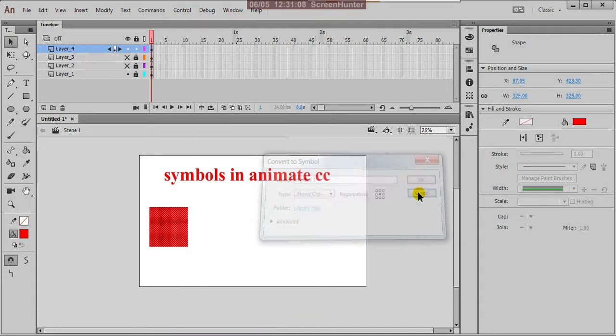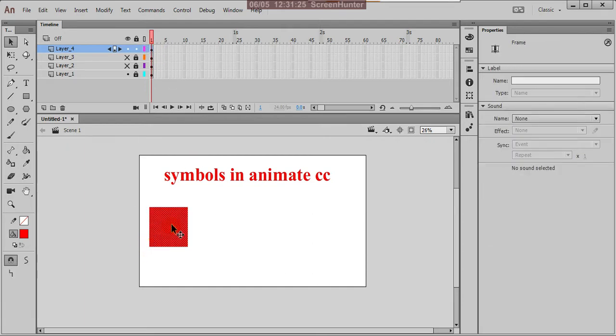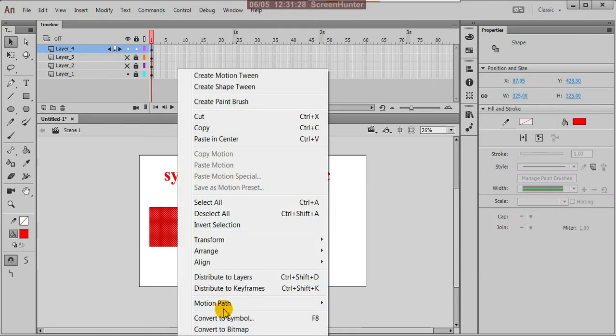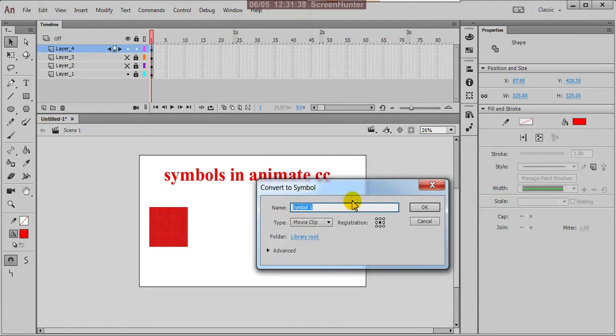Again select this, or drag over it, or from the timeline select that particular layer. Automatically it will select, and right click on it, and there is convert to symbol. That means your shape, your drawing, you are converting into a symbol. Just click on that. Here your symbol options are displayed.